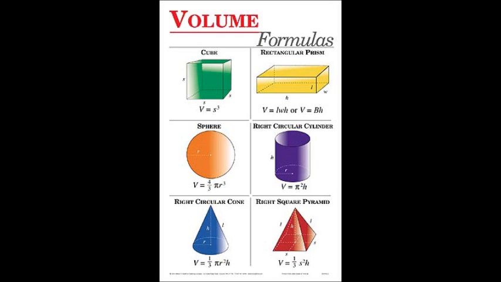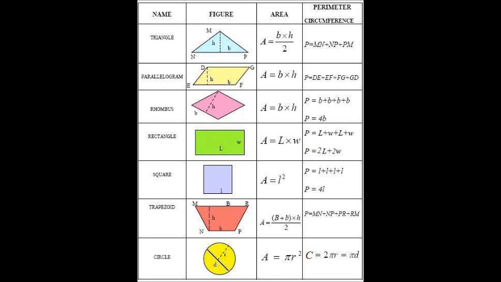Example. Calculate the sum of the interior angles of a regular octagon and the size of each interior angle. Solution. An octagon has 8 sides. As a result, the sum of its interior angles will be (n-2) times 180, (8-2) times 180 equals 6 times 180